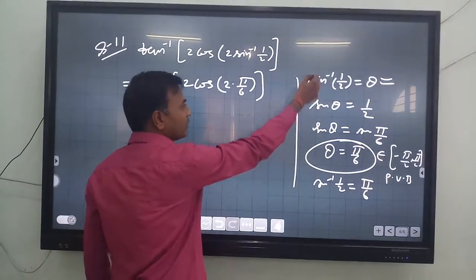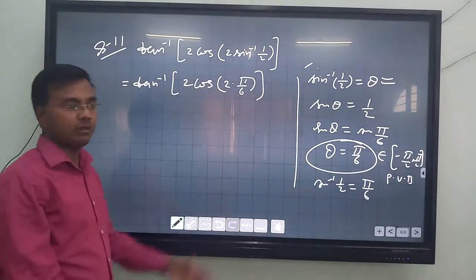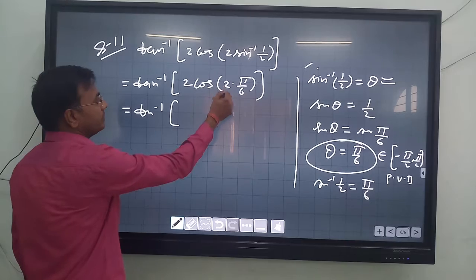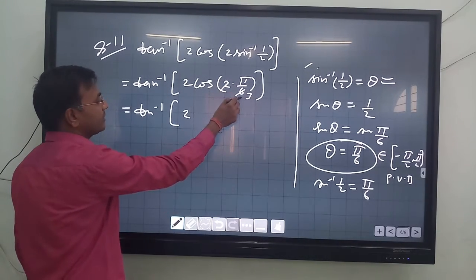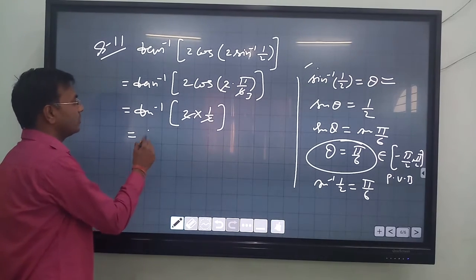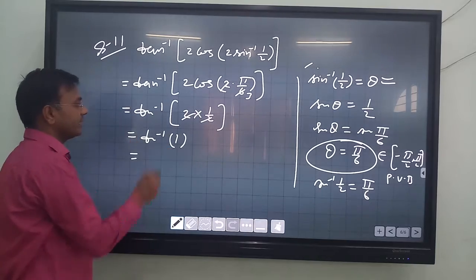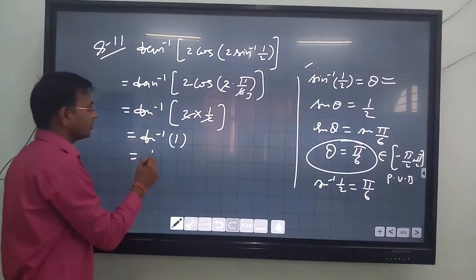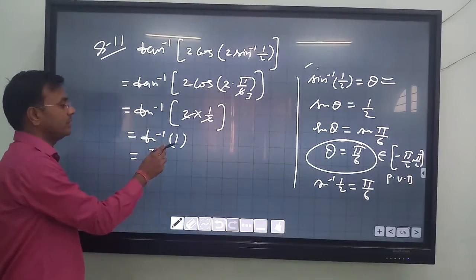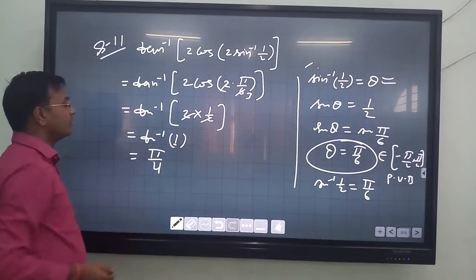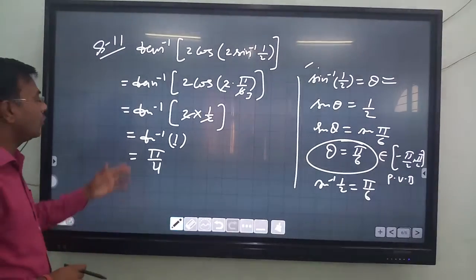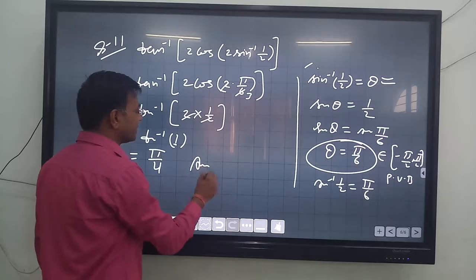This is not a rough calculation. Okay, this is the fair calculation. You can do it similarly and simultaneously in the question. Now cancel, 2 cos pi by 3, and cos pi by 3 is what? Cos 60 means 1 by 2, or tan inverse 1. Again you can simplify it the same way, or you can write pi by 4, because tan pi by 4 equals 1. So in place of 1 you can write tan pi by 4, and by property pi by 4 lies in the principal value branch, minus pi by 2 to pi by 2 open interval. Okay, and hence this is the answer.